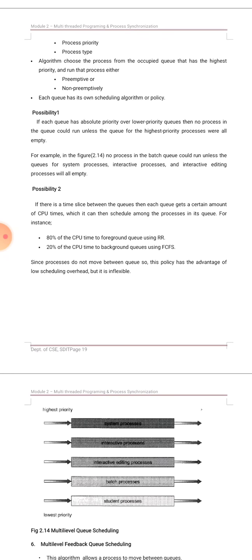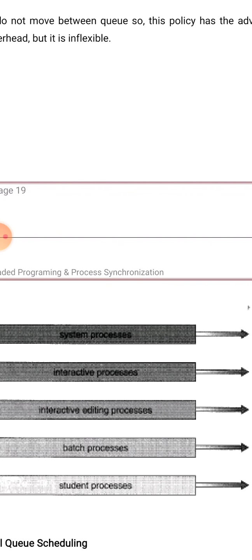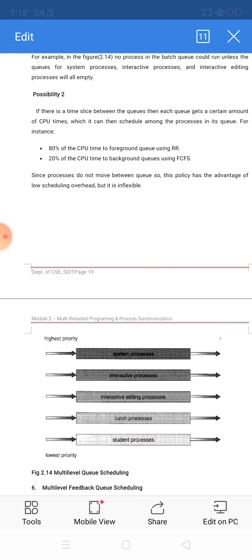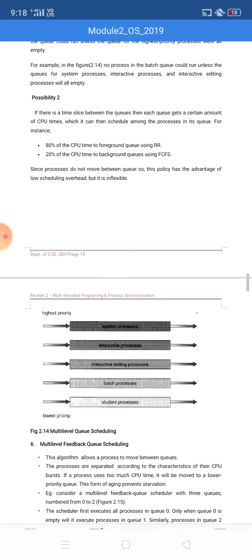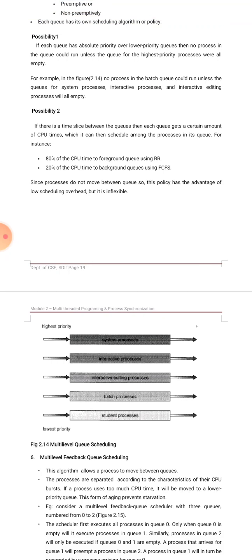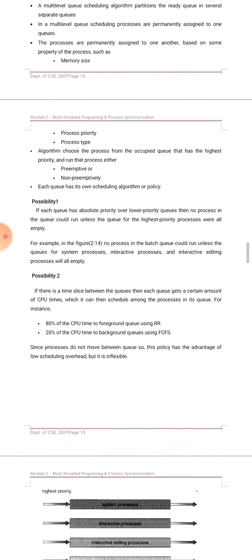Once you allot a process to a particular queue, there is no way you can remove that process and put it in another queue. It is not possible. But there is one more called multi-level feedback, wherein that possibility exists. That we'll see in the next video. So for the time being, this is your multi-level queue scheduling.